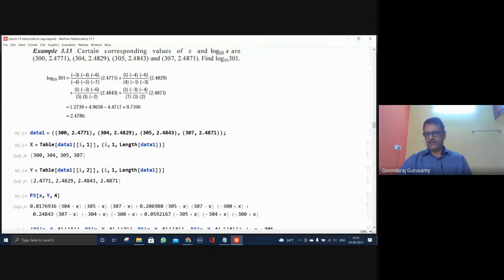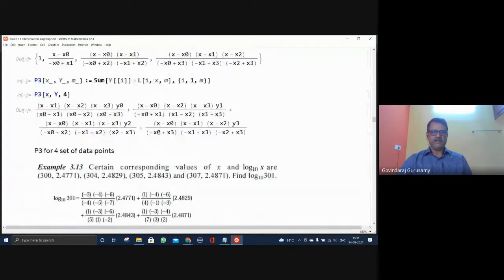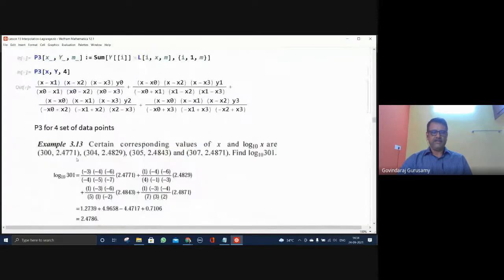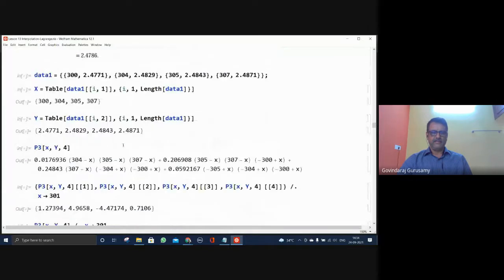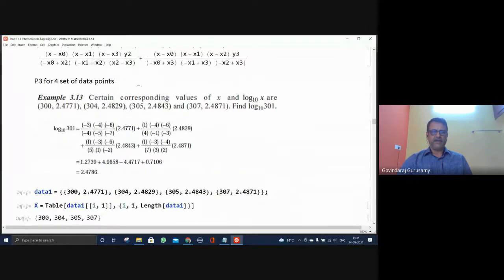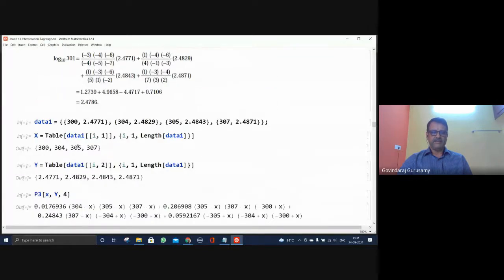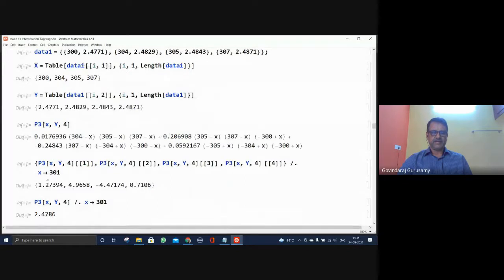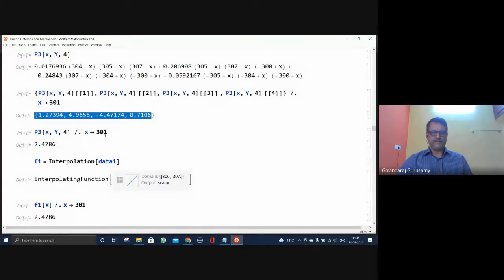I'm able to see all the numbers independently because of the introduction of this m there. That is why I have made a modification. Otherwise, only the final result will be given. So intermediate steps can also be seen by having, for example, these numbers. Their sum is this result. That's what does the interpolation. You will get this by using the Mathematica code already built in.